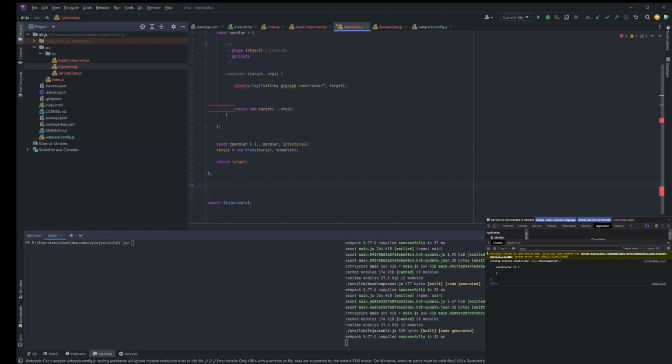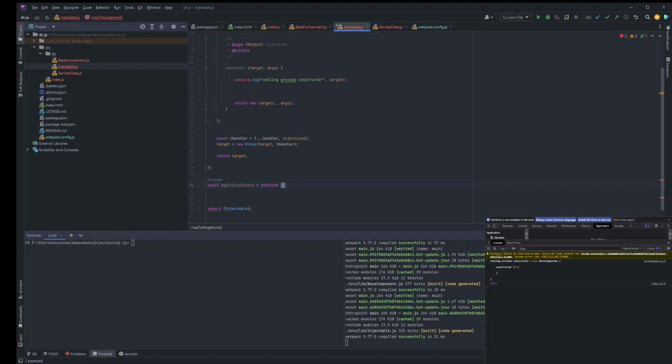If we want to create singletons out of our services, we have to make sure that they are stateless, but those are implementation details, and that is something you have to take care of later on, not part of this small workshop right now. Okay, let's create a method which we will call map to singletons. And this is a function that will have a parameter mappings,